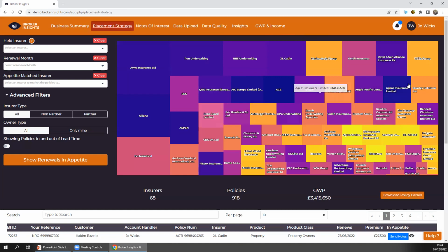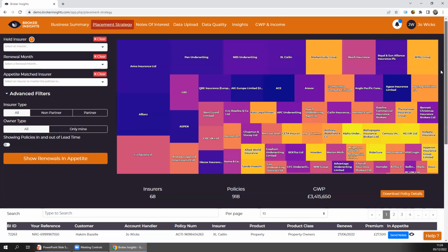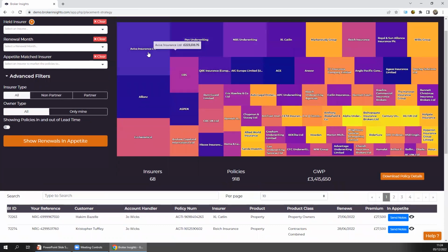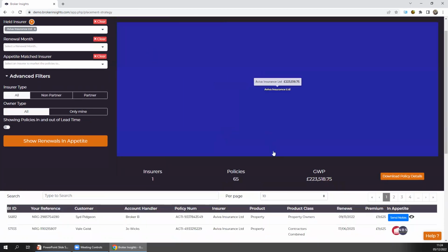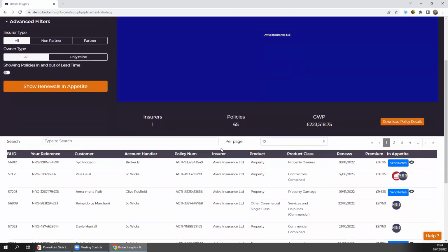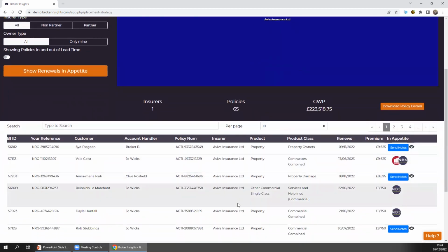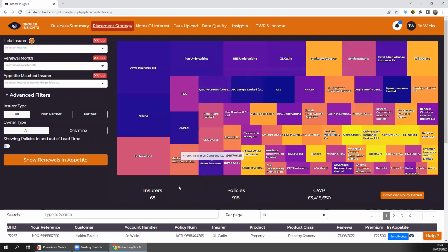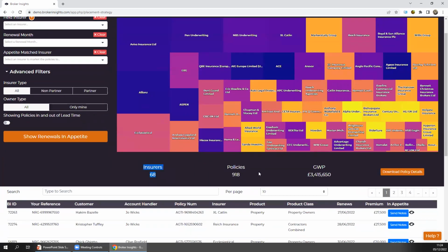It's also interactive. So if I just quickly scroll down a second, you can see below it I've got a series of stats and my policy data, which is making up that quilt as well. So when I say it's interactive, if I click on a tile, let's click on Aviva, it's the top right corner of that screen, then Aviva, it'll play back all of the current policies that I've got with Aviva. So just playing back to you what you have with that account. And you can click on it again and it'll put it back to the way that it was beforehand. And you can see the stats also change to reflect it.